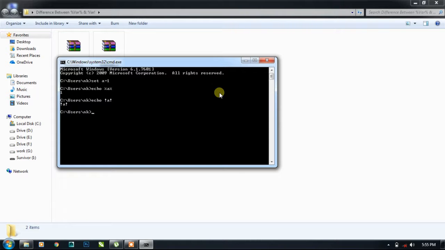And now you can see that cmd has not treated this as a variable syntax, but inside a batch file it will assume it as a syntax for the variable, but you need to do some extra things for that. The main difference between these two syntaxes is